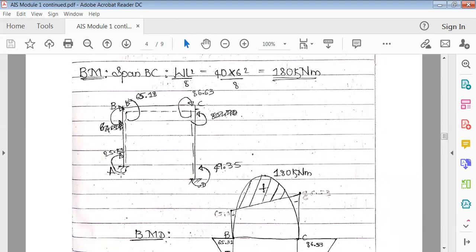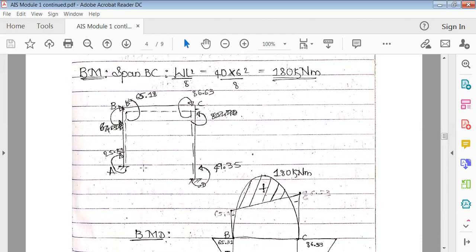Maintain the length properly, and draw a dotted line here. Now, as I've told you, this dotted line signifies the positive portion of the beam. So if it is plus, you have to bend the beam inside like this. This column and this beam will bend inward.